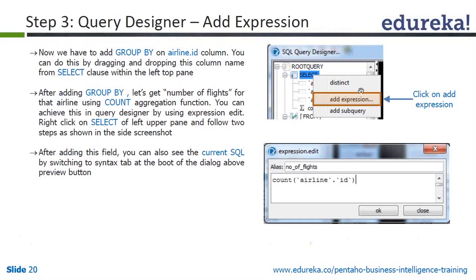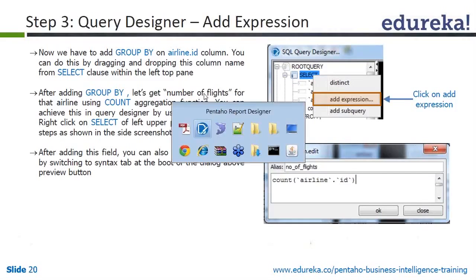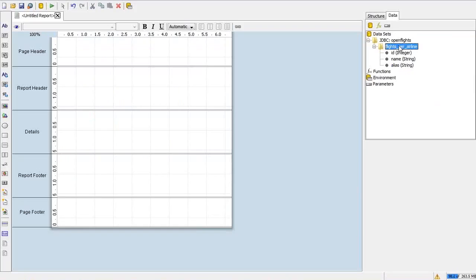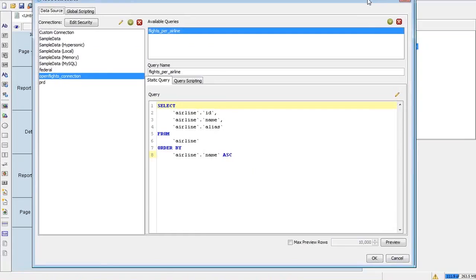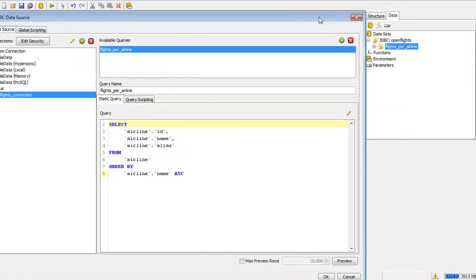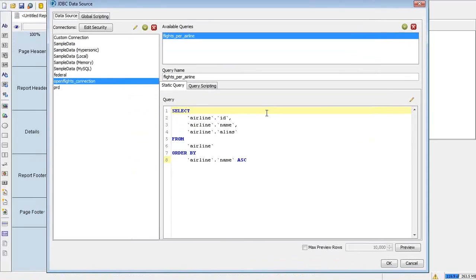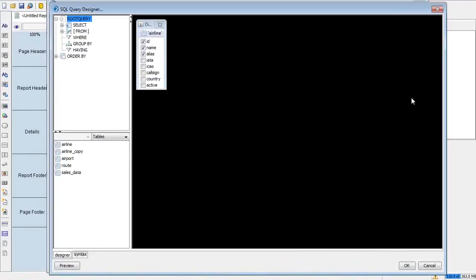Okay, so the features are still explained here. You can add expressions. We already talked about the number of flights. Okay, number of flights we do need to add. So let's again go to edit mode. If you want to go to edit mode, you can double click on that query from the data explorer data tab, and here we are. Now again go to SQL query designer mode, and we want to add expression,